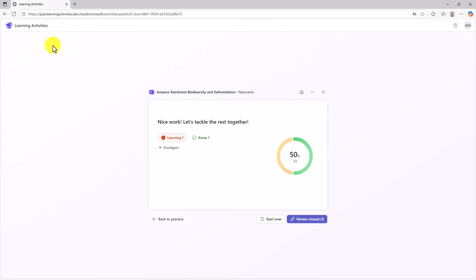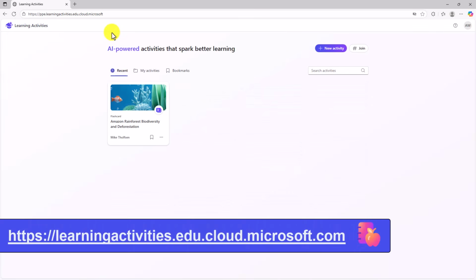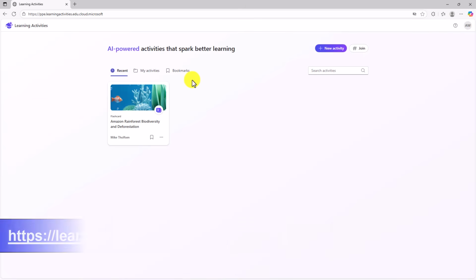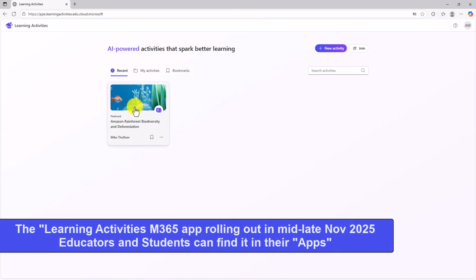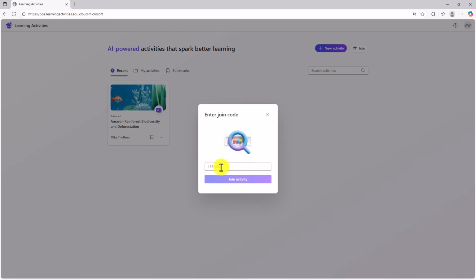The other nice thing is there's a new app in M365 that is the Learning Activities app. It's at learningactivities.edu.cloud.microsoft. There's only one activity here, but you can imagine as this fills up, I'll have more and more activities. If my educator gave me a join code like we saw previously, this is where I enter that join code